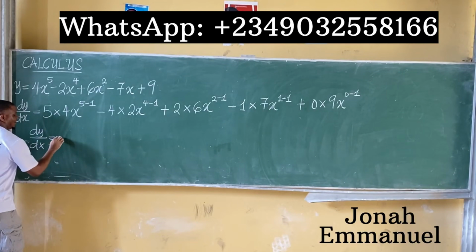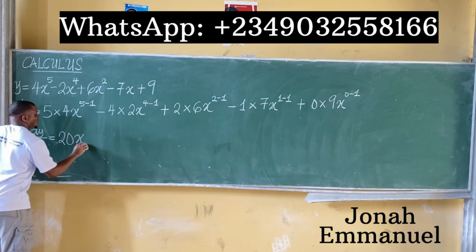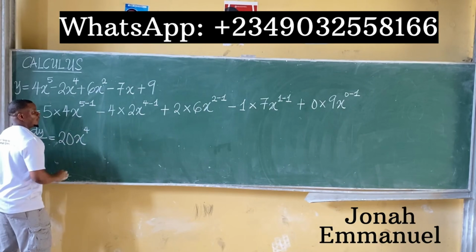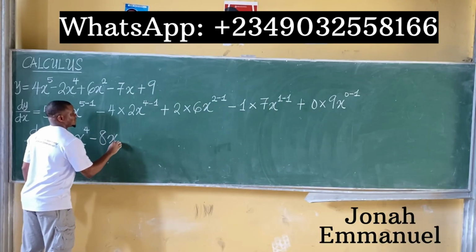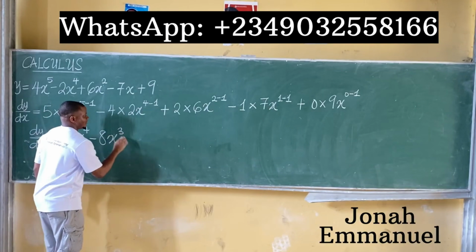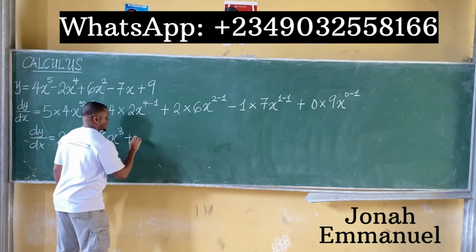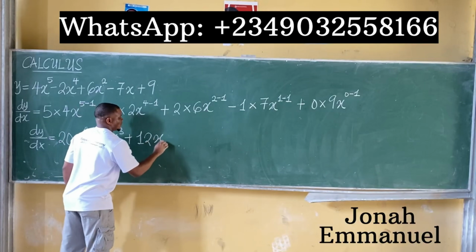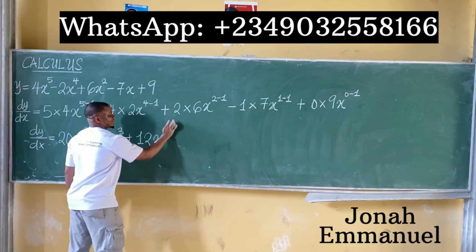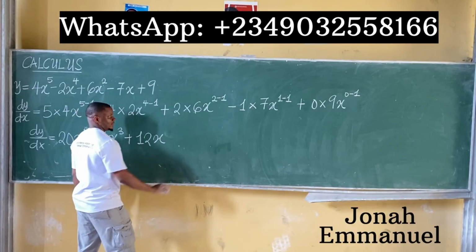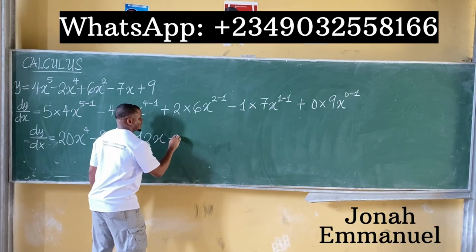5 times 4, what do you have there? 20. x to the power 5 minus 1, 4. Minus 4 times 2, 8. x to the power 4 minus 1, 3. Plus 2 times 6, 12, x to the power 2 minus 1, 1. And we can actually take this off. Still correct. Come to this one here, minus 1